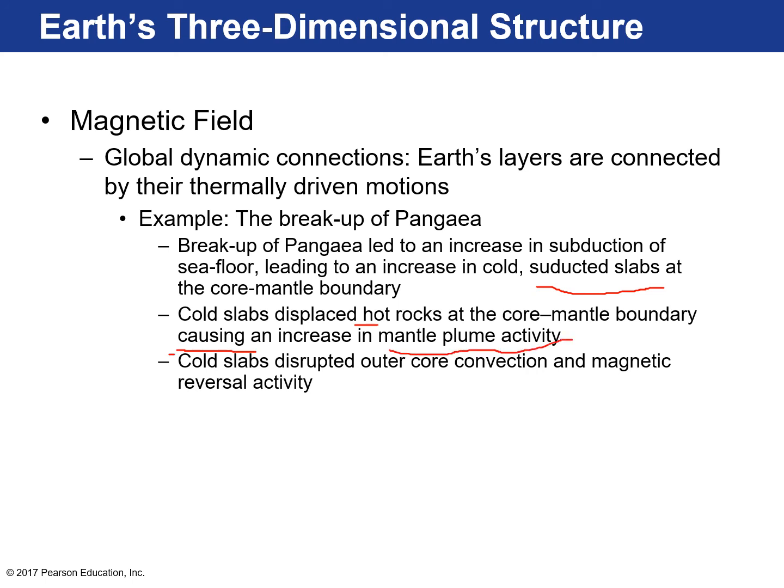Okay, and what some scientists think is that the cold slabs that made it to the core mantle boundary may have disrupted the core convection cycles, okay, and the magnetic reversal activity, because we haven't seen a magnetic reversal